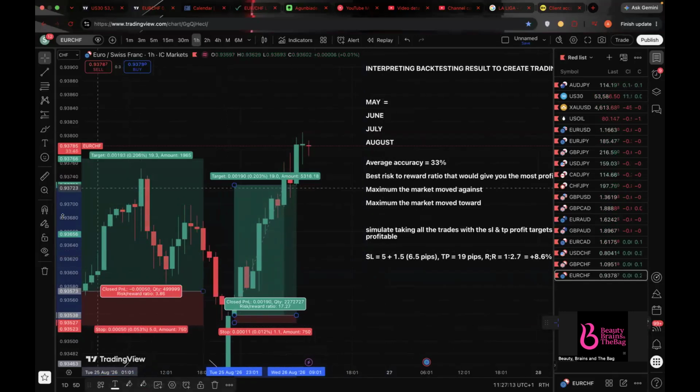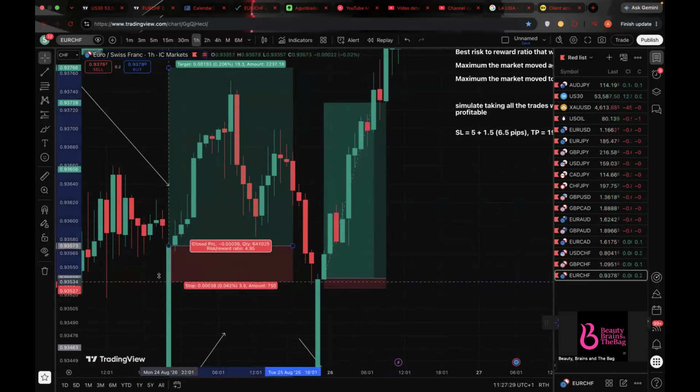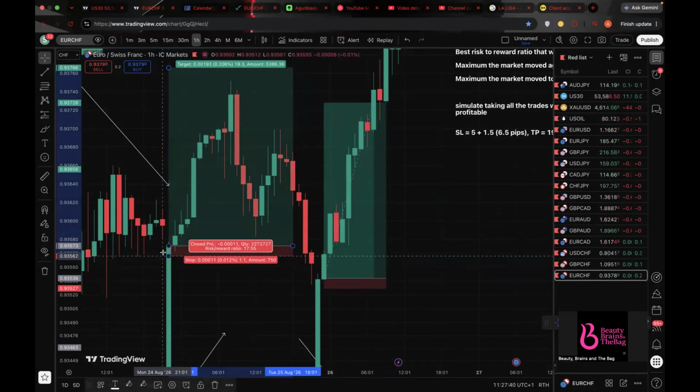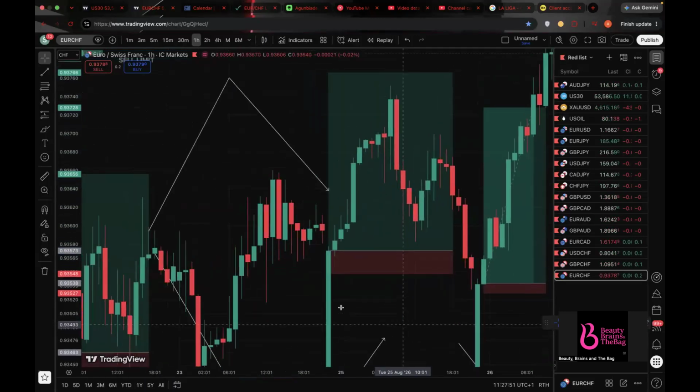I'm just showing you how this thing actually works, okay? So if I had this 1 pip as my stop loss, look at it, it's not hit, and it moves to hit the target. I want to add your spread to be 1:8 or thereabout. This particular one also, the maximum it moved against me was what? 0.6. So if I had used 1 pip stop loss, my stop loss would have been here, so the market did not hit the stop loss, it just went from there. If I add my spread to this, because spread is 1.5 pips, this will be like 2.5. And if you keep checking most of the trades, you see that,